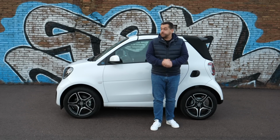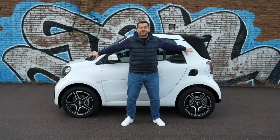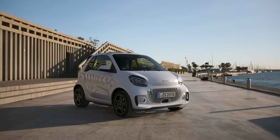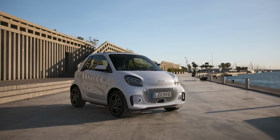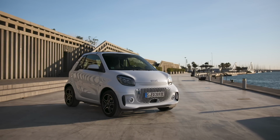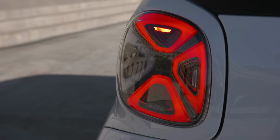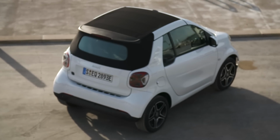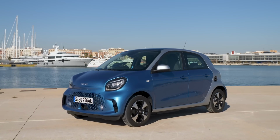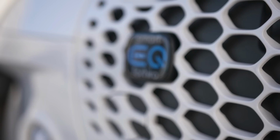And now let's see what's new in the current generation, which is kind of tiny. Inside and out, it's mainly cosmetics, new headlights in the front and lights in the back, more rounded shapes, but that's still your 270 centimeters long and 166 centimeters wide two-seater city runabout. Okay, you can choose the Renault Twingo-based 3.5 meter long four-door four-seater called very aptly 4x4, but here I'll focus